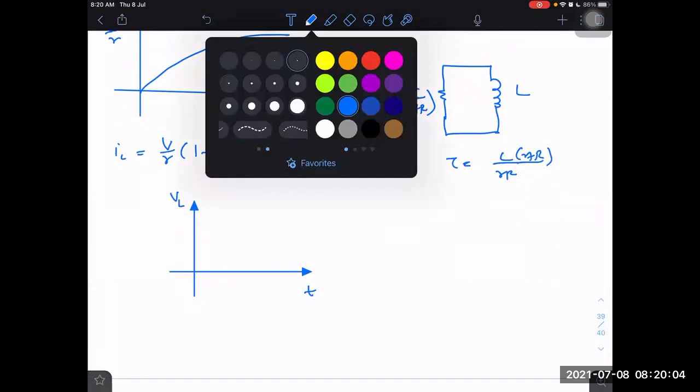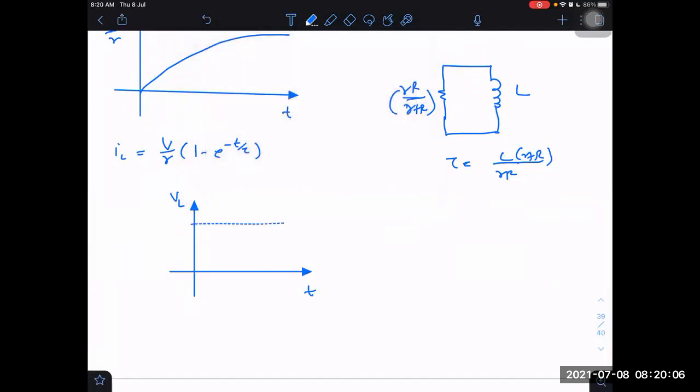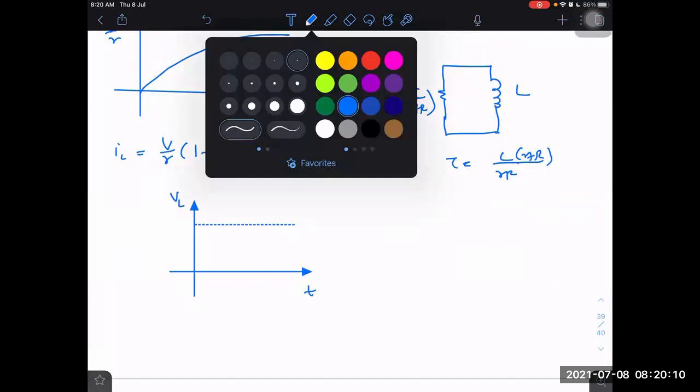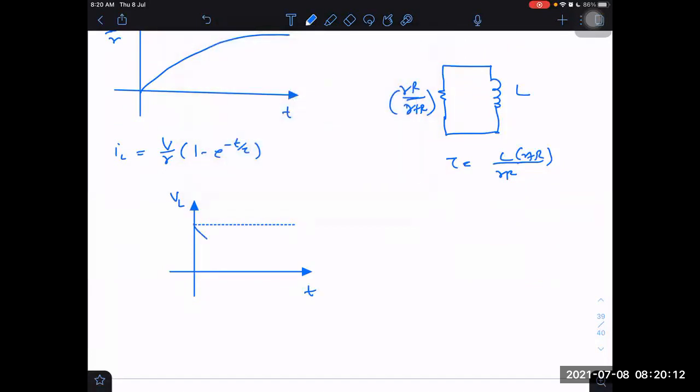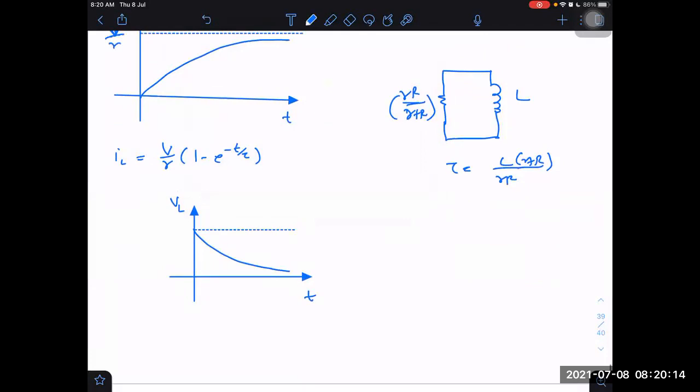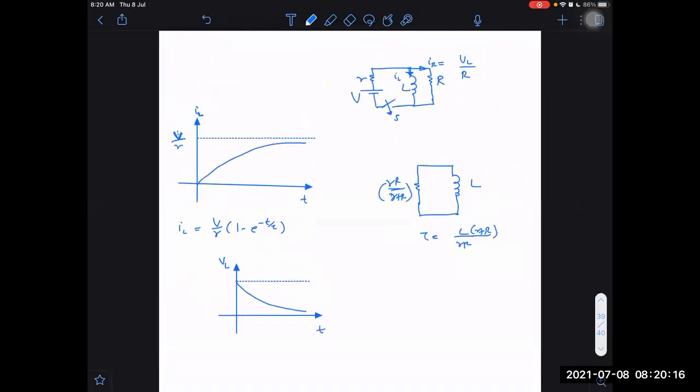What is the initial voltage across the inductor? Initially, the inductor will be acting like an open circuit. Why? Because no current flows through it initially. Why no current flows? Because of the tendency of inertia. It was having inertia of zero current, and it will continue to be in that tendency. If no current flows through this, then current only goes through small r and capital R.